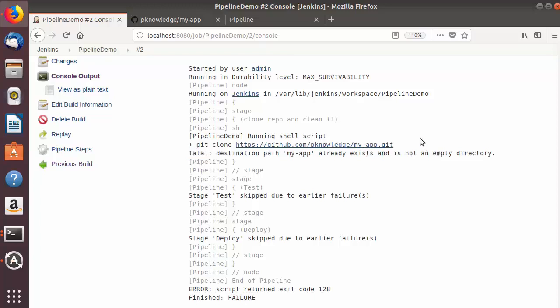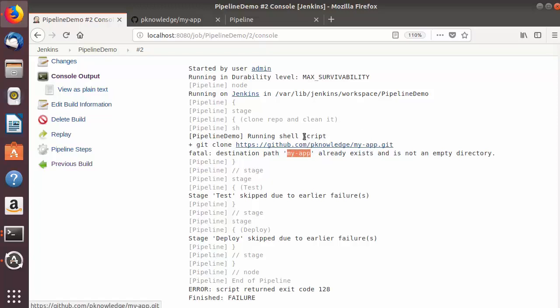So in our first build, when we cloned our project, this directory was created, and because this directory is already there, the cloning once again will fail because this directory already exists. So for this clone command to be successful, we need to remove this directory and then once again clone it